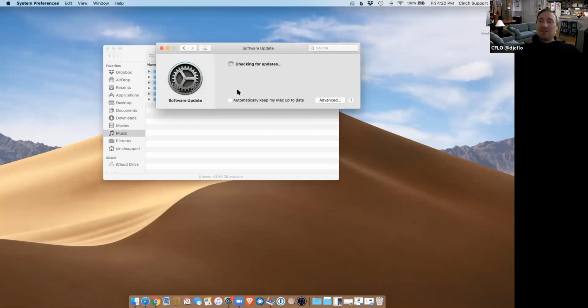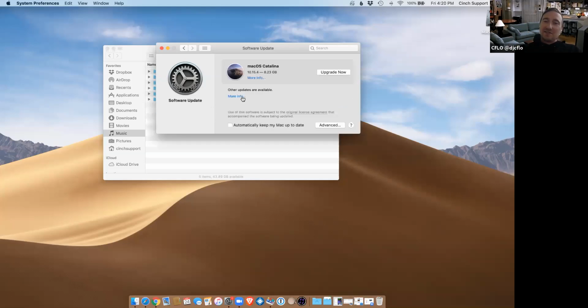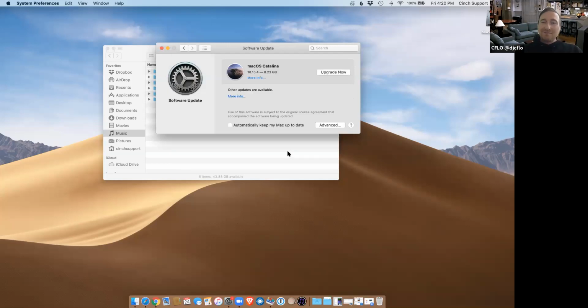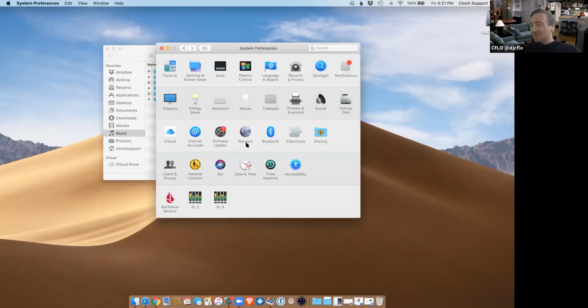But there are other updates available for my computer. Because they're pushing the next operating system on you, it's actually going to be a bit difficult to see. So we've got to wait here. And as soon as it says, hey, you've got Catalina, there's a tiny little text underneath that says more info. If you click more info, here it is. You can see not the Catalina more info, but other updates more info. These are the updates you do want on your computer. So open those up and install. I left this uninstalled so I could show you, but I would definitely do that. Not right now, but tonight I would absolutely install that stuff.